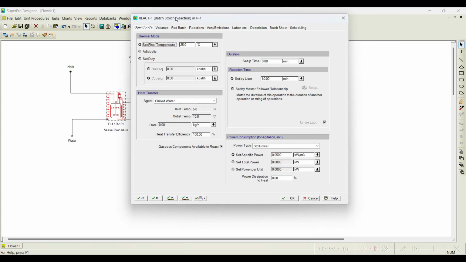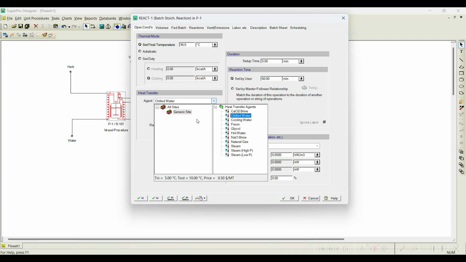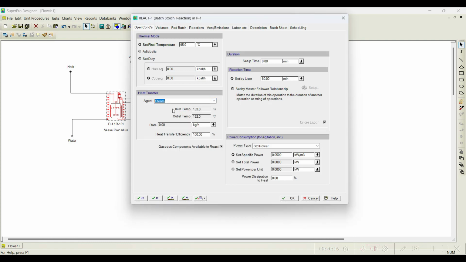That is a react operation. In this you can notice that we need to set the parameters. This is basically not a reaction, it's an extraction process, but we are defining how the extraction is happening. The extraction is happening at 95 degree centigrade, and for the heat transfer agent, chilled water is chosen. You can choose steam as a heating agent because we need to maintain that particular 95 degree centigrade throughout the process. So we keep steam as the heating agent, and the setup time we will retain